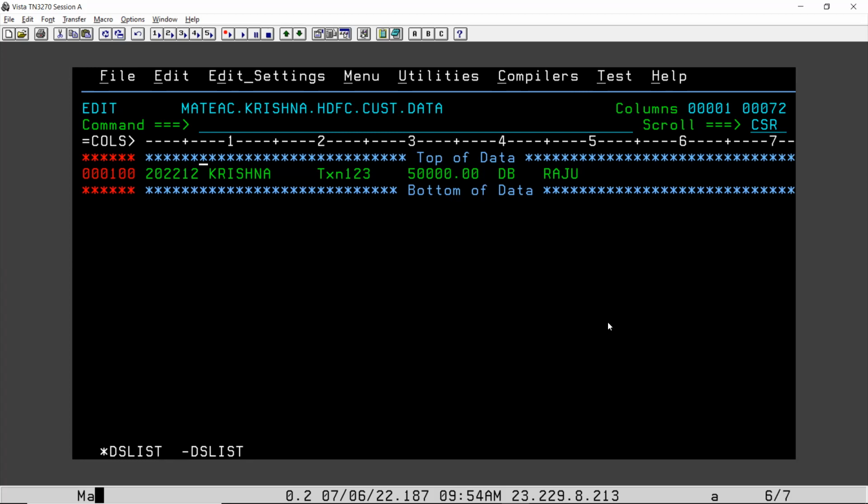So this is the receiving customer. This is the transferring, sending customer. And he is transferring amount 50,000 to Raju. And his account number will be something like, we can have bank also, debit and bank name here, HDFC. Okay. 45. At column 50, I'm keeping receiving customer name, and 55